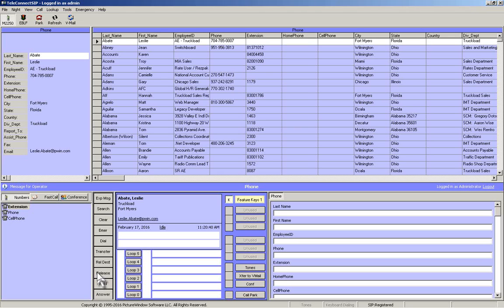Okay, this concludes this lesson 1 and overview on TeleConnect. There are many, many options. We're going to go into those in future lessons. We're going to go into configuration. There's going to be a lesson that's just for receptionists on how to handle all the different call scenarios that they might encounter. But I hope you enjoyed this lesson,